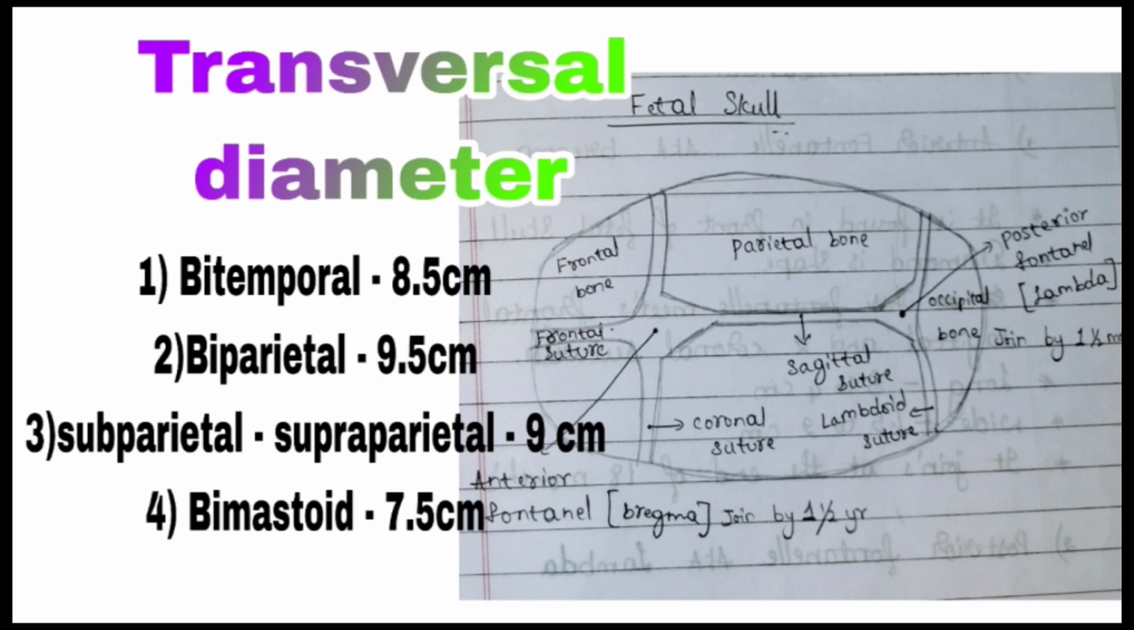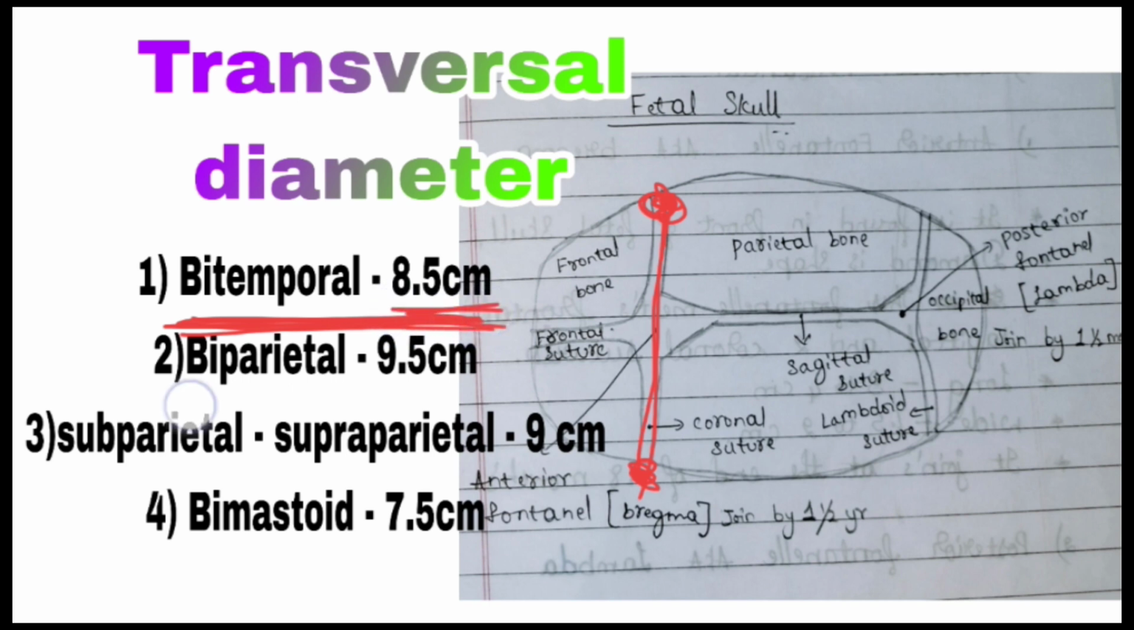Now we are going to see the transverse diameters. The diameters we saw before are the longitudinal diameters, and now we are going to see the transverse diameters. The first diameter is the bitemporal diameter, and this diameter goes from the temporal bone, which is present just below the frontal bone, to the other temporal bone on the other side. From the temporal bone to the other temporal bone, this diameter is known as the bitemporal diameter and it's around 8.5